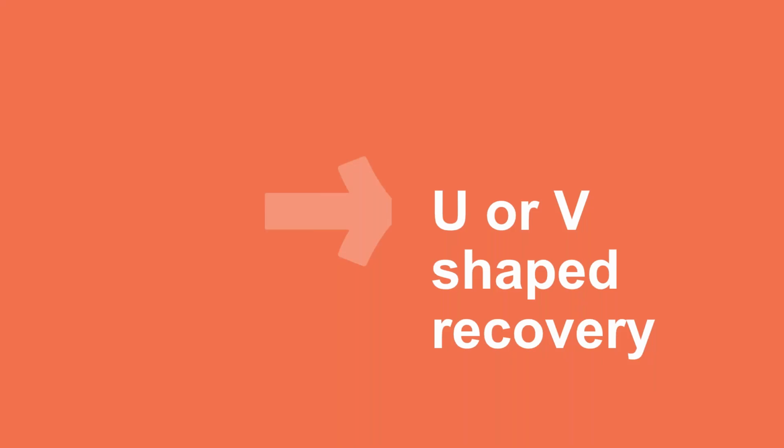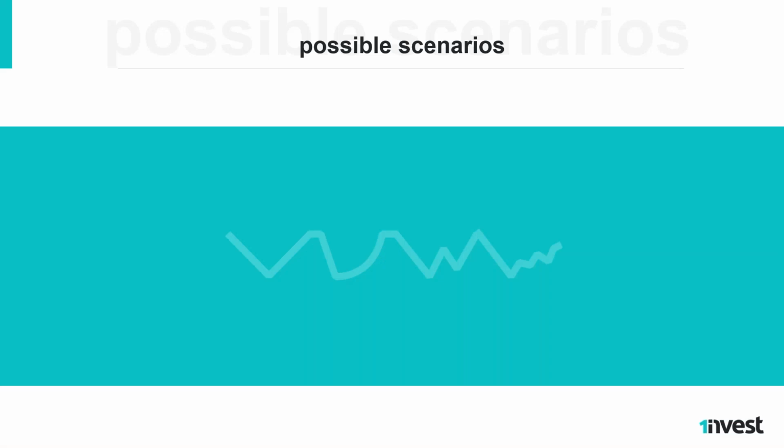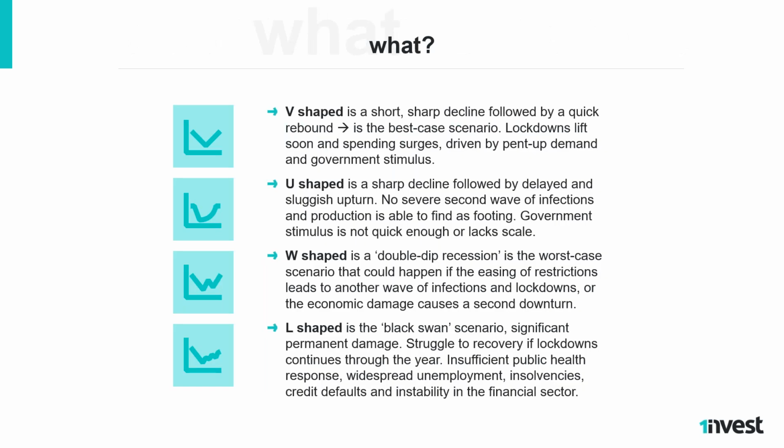Okay, so moving on to the last section of the presentation, the U-shaped or V-shaped recovery of the economy. There are many possible scenarios that could play out in the shape of the recovery. Data, in hindsight, can be backfitted to fit many shapes. But there has been consensus around these four shapes: a V-shaped, a U-shaped, a W, and an L-shaped